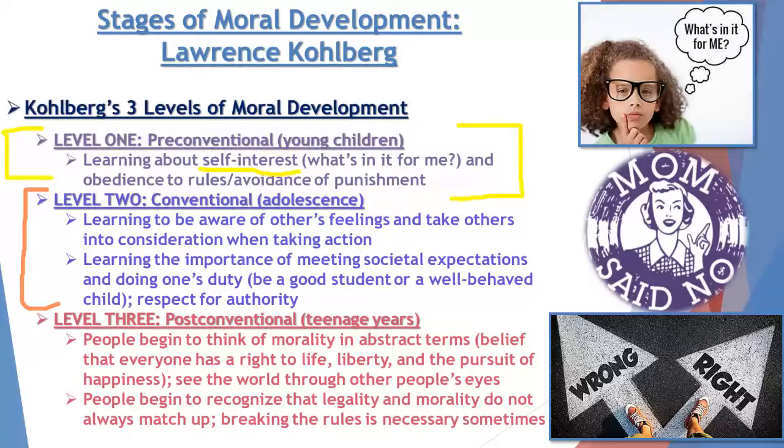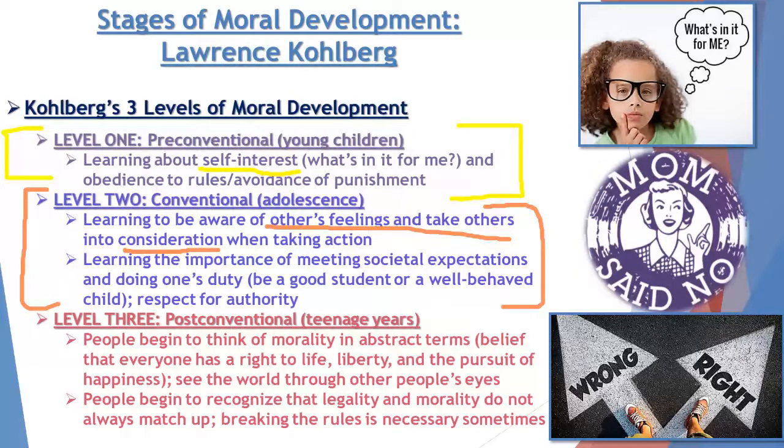But specific people: my mom, my teacher, my dad, my older sibling, my grandma, my pastor. So we start to be aware of other people's feelings in our social world, and we start to take them into consideration when we take any kind of action. This is when we start to learn the importance of meeting the expectations of the people in our lives,